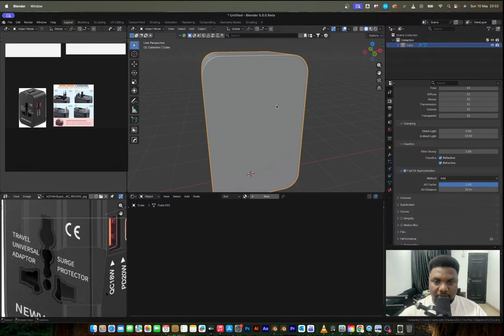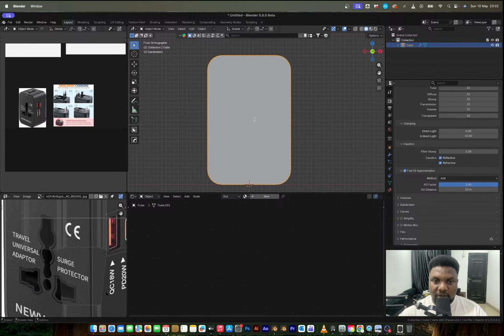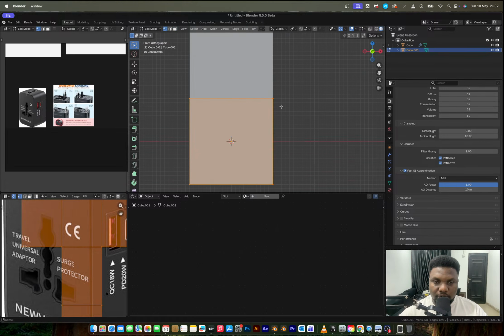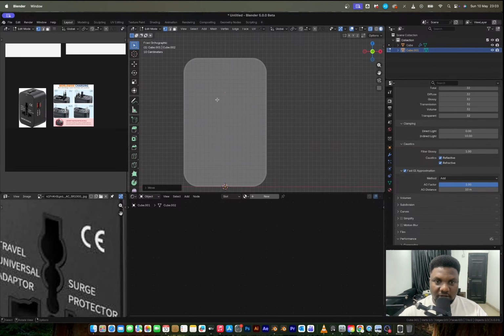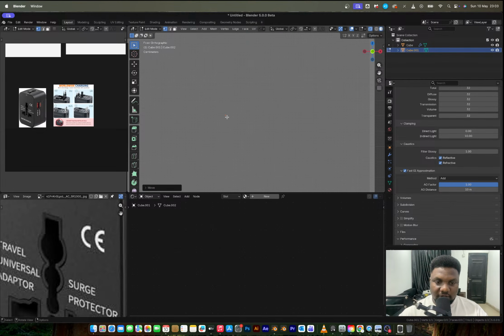So for this, I don't know how I'm going to go about this, but I think the main way that I'm going to tackle this is, first of all, bringing a cube. Yeah, I'll merge all to center, and then I'll go to the Z view, right? So I just have to start drawing all of these things. Like, for example, if I'm starting from here, I would extrude out to this point, easy, right? And then I would extrude and just